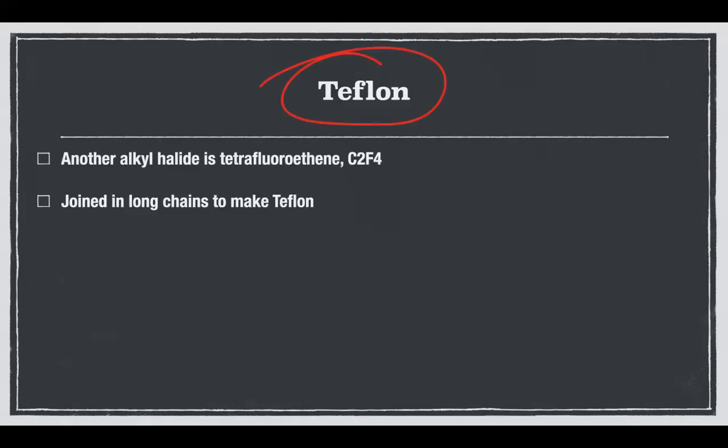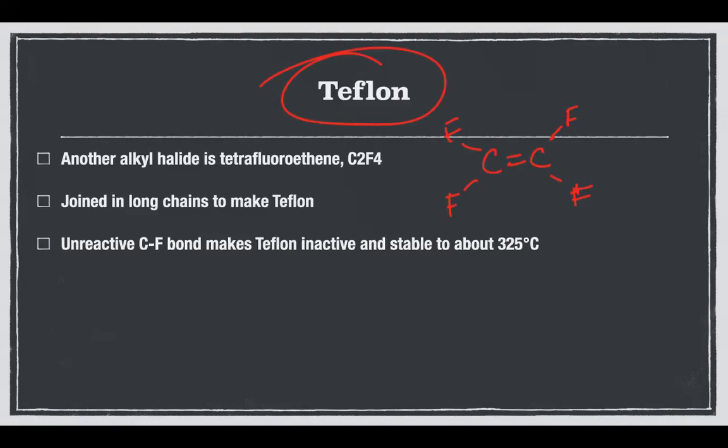Now, the technical name for Teflon is tetrafluoroethene. So that would be ethene, tetrafluoro. Oops, that's supposed to be an F. There you go, Teflon. You join this in long chains and you make something called Teflon. Now, Teflon is pretty much one of the modern miracles as far as cookware is concerned, because it